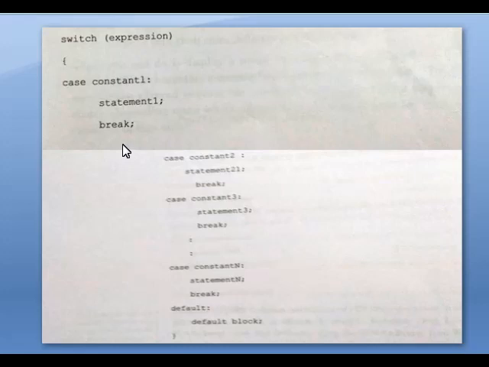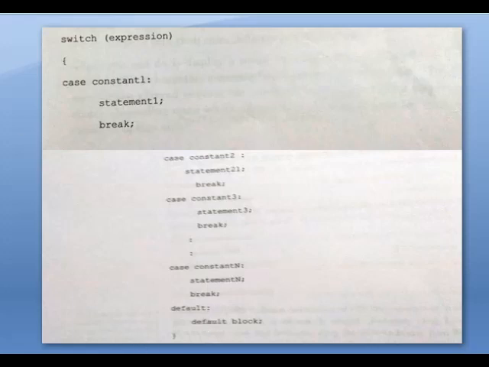If we select case 2, it will do statement number 2. Like this it will go. There is also a default statement. If the case is not matching, it will directly go to the default statement and it will terminate the switch.